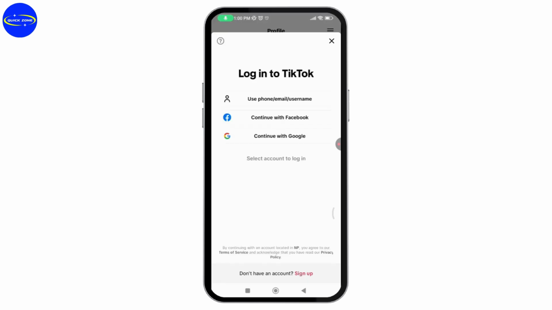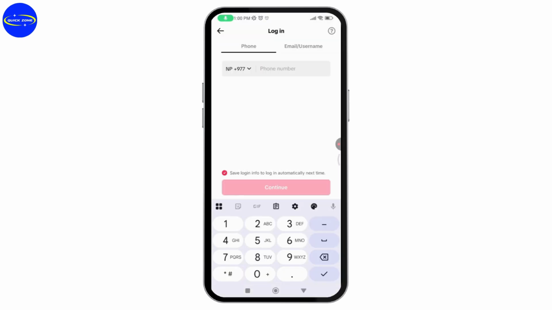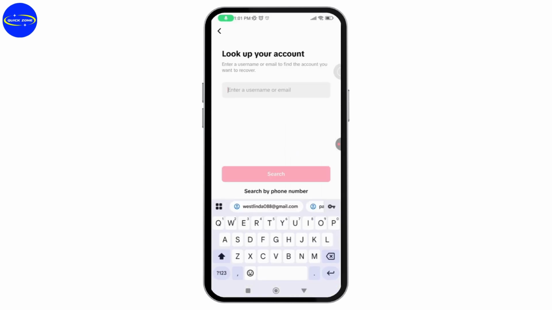Once you're on the login page, you need to go with the first option, which is phone, email, or username. Now, if you are not able to recover your TikTok account with the two-step verification, or if you want to do it without two-step verification, without your email or phone number, then what you need to do is simply go to the top right, which has that question mark icon. Tap on recover your account, which is the first option, and now you need to enter your username